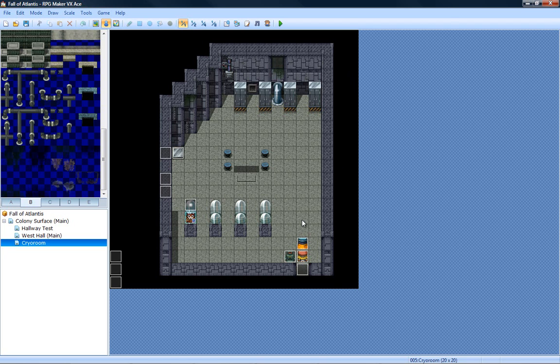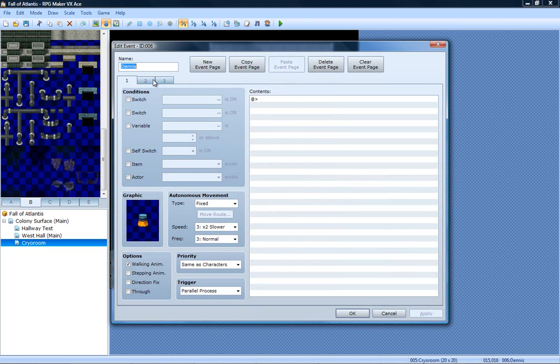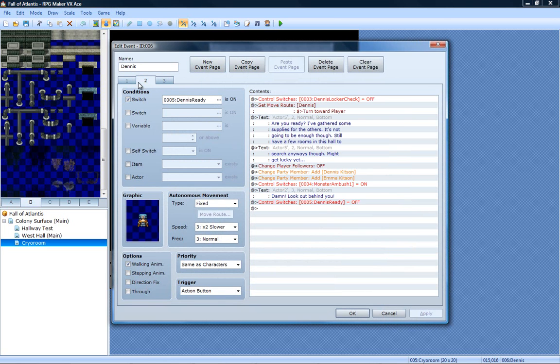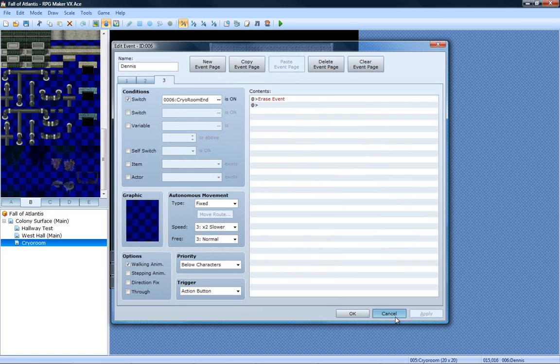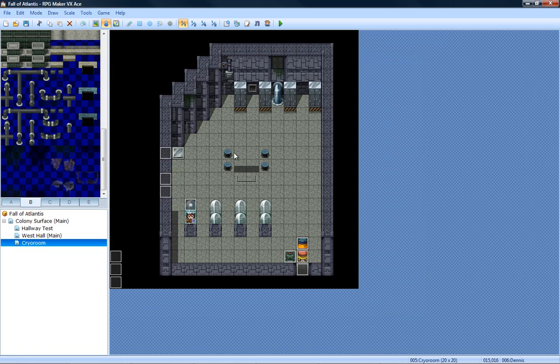Maybe that made sense as I explained it there, but you'll see once we get to it, or once I get to it anyways. I'm not even going to bother explaining these events. I did find different ways to set things up. I probably made them way more complicated than I needed to. One of the things that I did do,